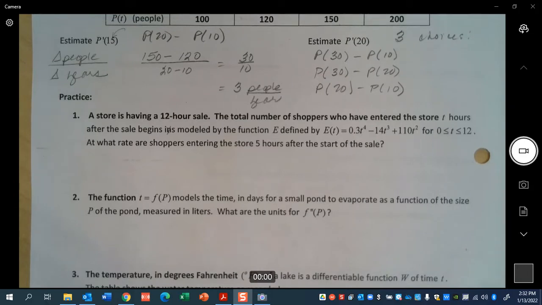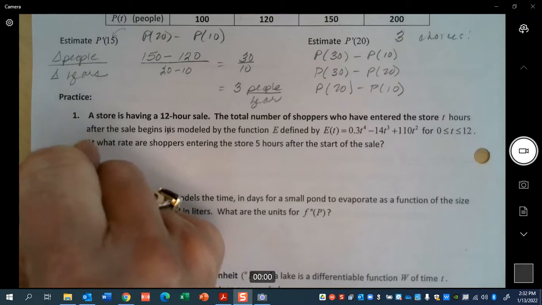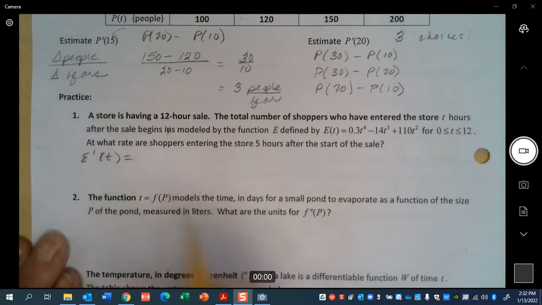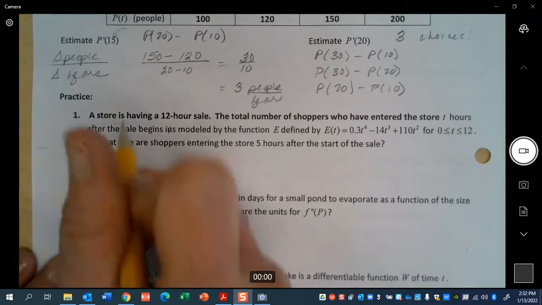12-hour sale, so here I have T from 0 to 12. The store is having a sale, so the total number of shoppers, am I looking at this equation being my rate or my number of shoppers? My output for this is my number of shoppers, right? So if I want to know my rate, what do I have to do to this? I need to find the derivative. Oh, yeah. So my rate of shoppers, my equation is going to be